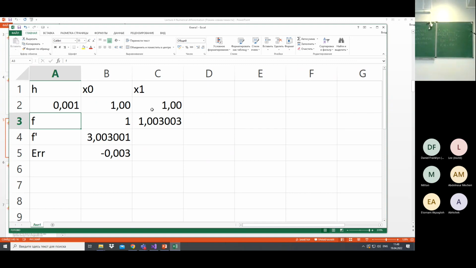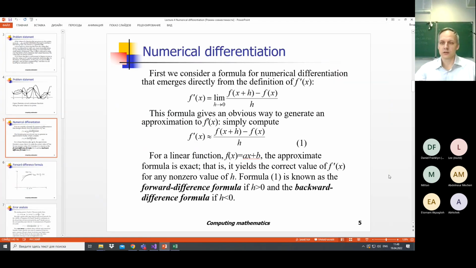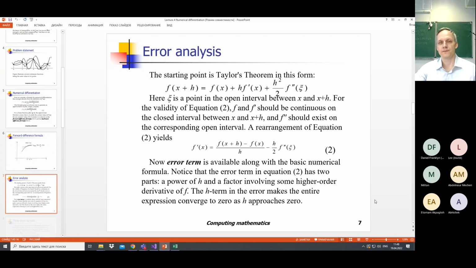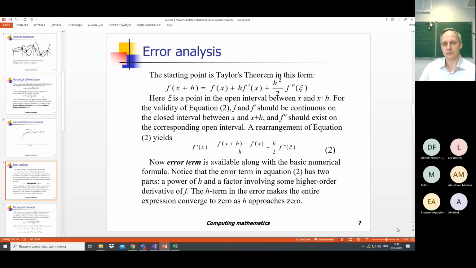Our formula gives us the answer 3.003. Very close to the real answer. Let's consider this process from the theoretical point of view. From the theoretical point of view,